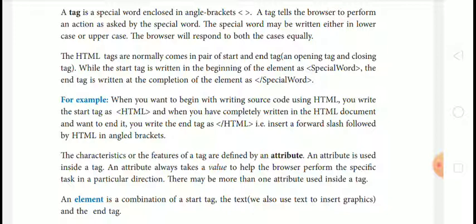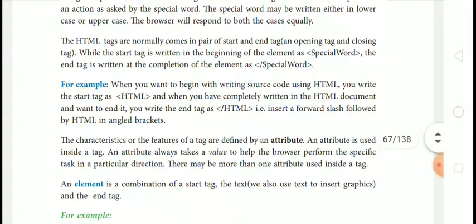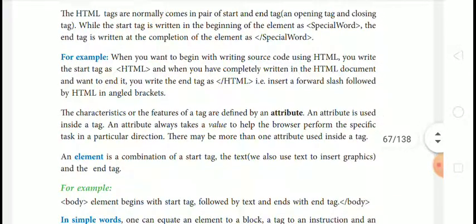Means it is not case sensitive. If you are writing in uppercase, the browser will respond. If you are writing in lowercase, the browser will respond. The HTML tags normally come in a pair of start and end tags.